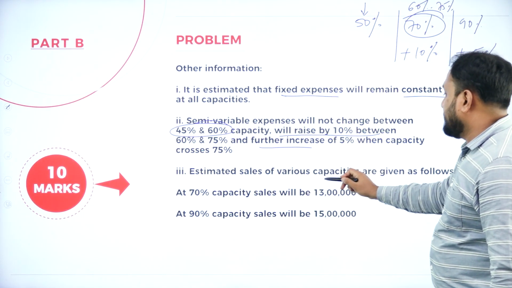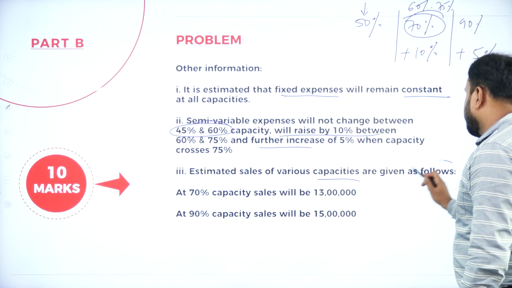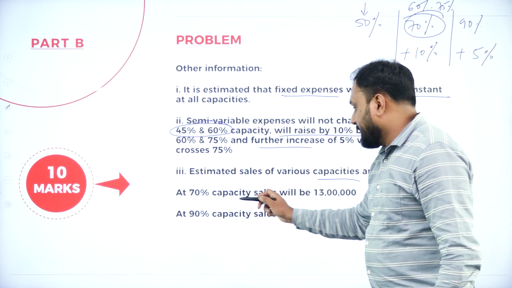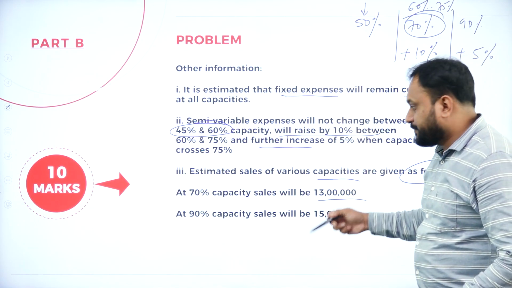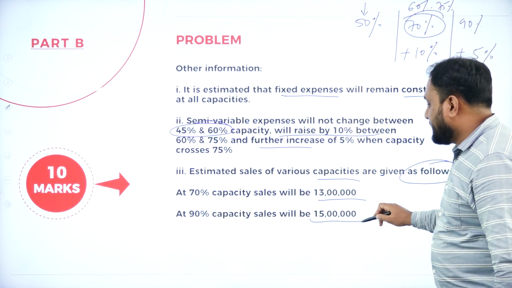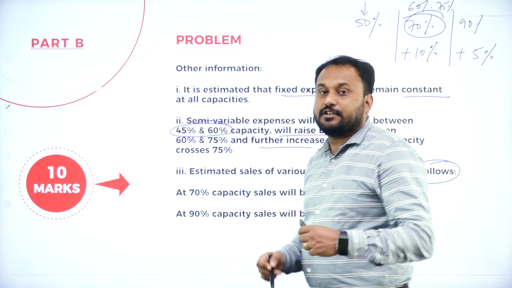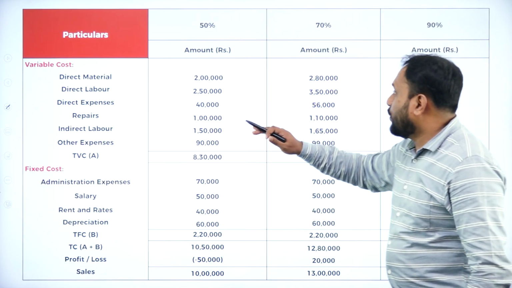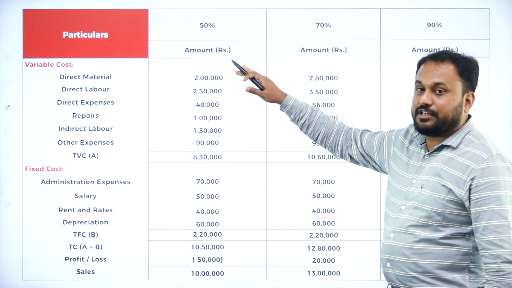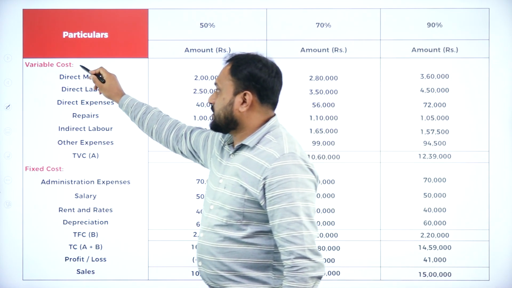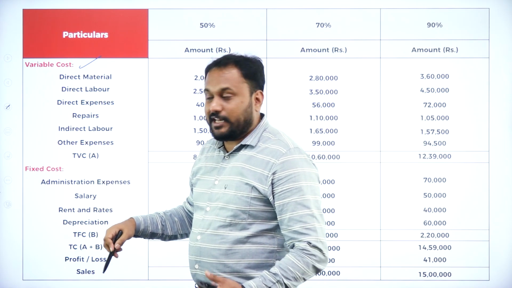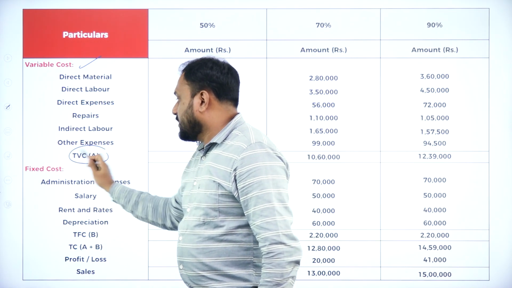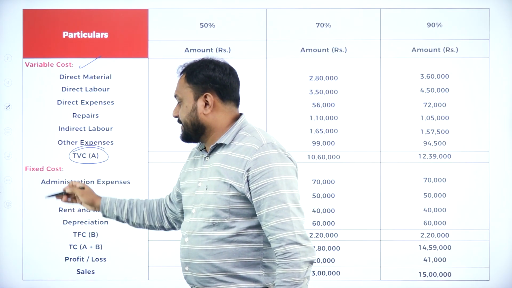Estimate sales of variation, that is, various capacities are given as follows. At 70% capacity sales is this; they have only given 90% capacity, the sales is this. So you will go with it, and whether you get profit or loss is what you are supposed to find. Here, when you go with the format I've given, first you take variable cost, then you take semi-variable cost, then you add them, that is called total variable cost,